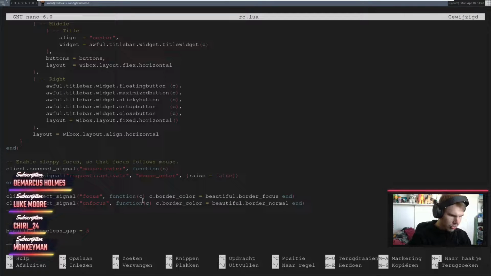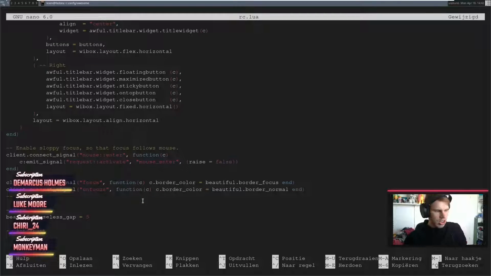And what I also want for autostart is we want a couple of apps to load up on startup. So there's a few things that we need to do for that. Let's see what he did to get that going. Yeah. Okay.